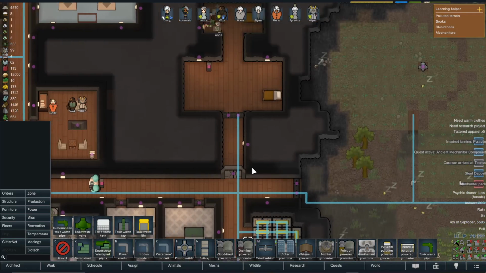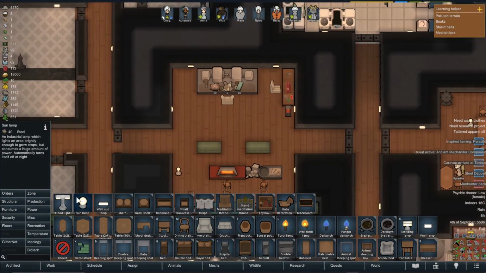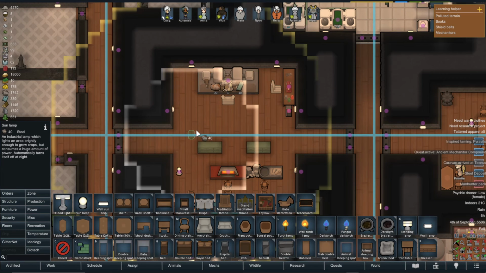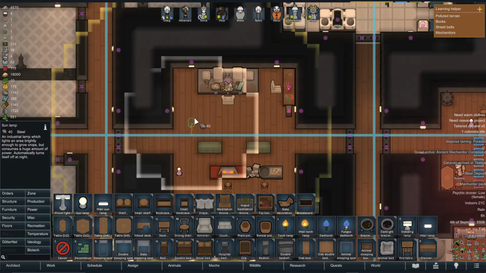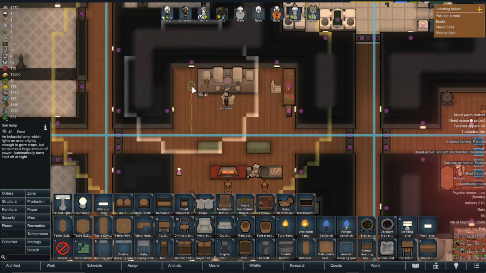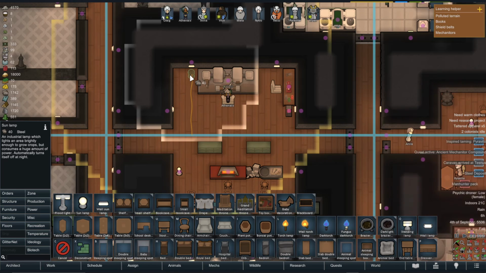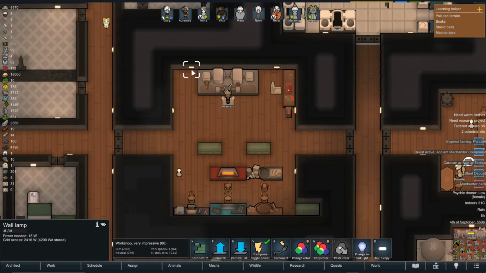When you're also actually making things, let's say I want to make a sun lamp, can you see that when I place it near a power conduit, there's a little yellow wire that comes up? That means that you can place it here, so away from the wire, the conduit, and actually quite far away, as you can see, and it will still actually draw electricity from it. Like, for example,